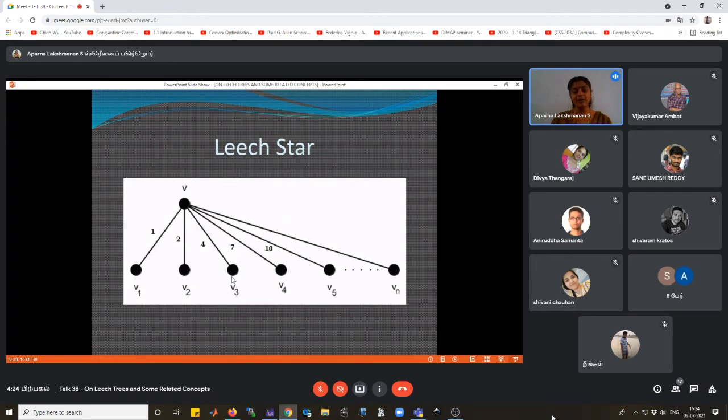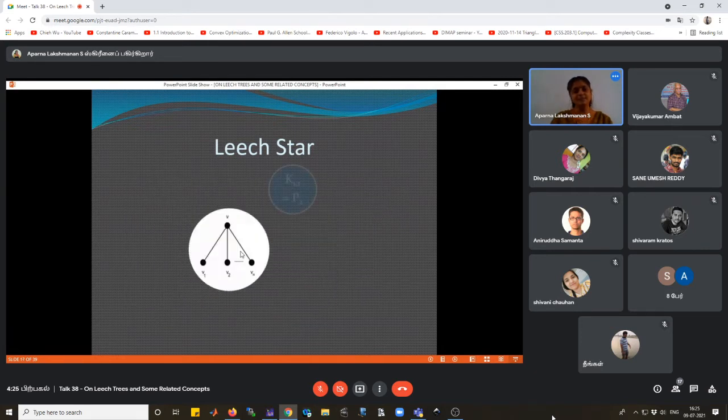So the pathway 11 is repeated, which is not permitted, which means I can't continue further. So 1, 2, 4, up to 1, 2, 4 it was okay. We were getting pathways as 1, 2, 3, 4, 5, 6. But when I try to label this edge as 7, the number 10 went missing. Okay, so from that stage onwards, the labeling is not possible for stars, and hence the only leech stars